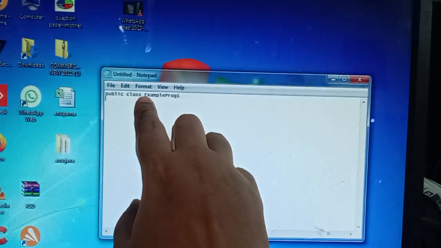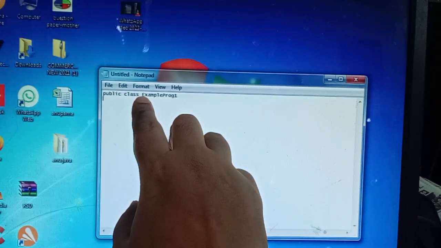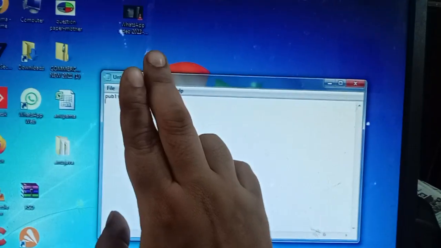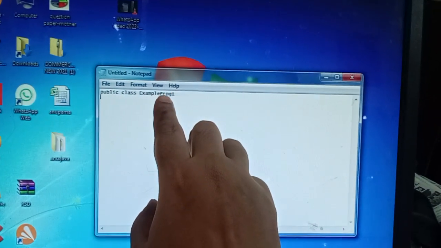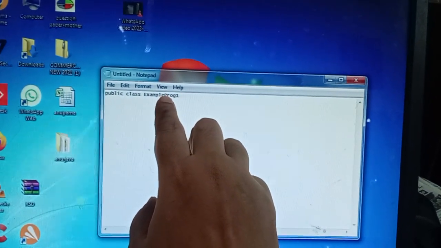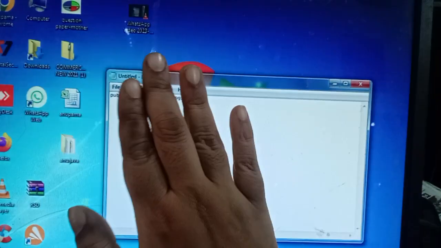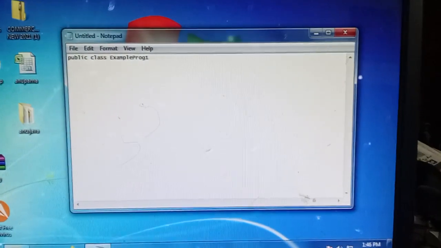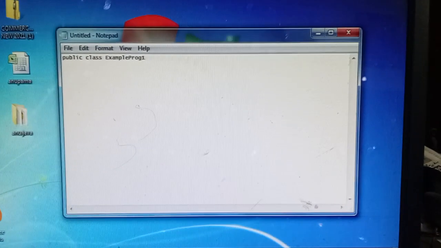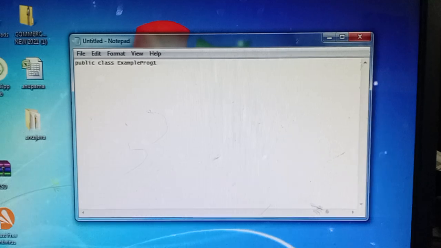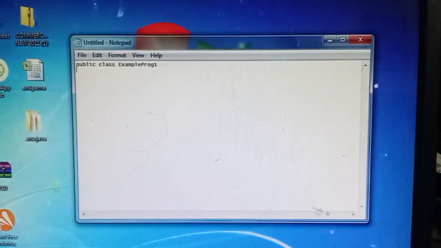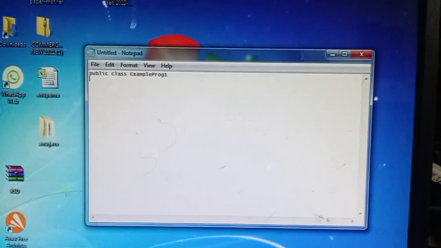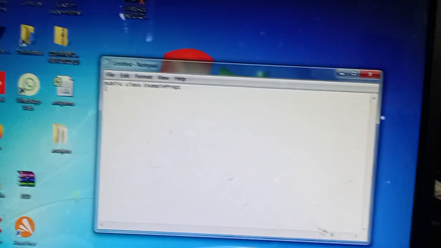See, here the starting of the class name must be capital. If you are having more than one word, the second word starting letter must be capital. This is a convention, as I said in the previous videos. It's a convention so that it will be more understandable, right? So next, coming to curly brackets, enter.